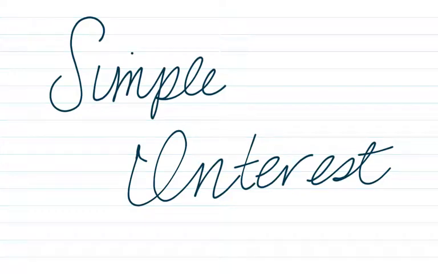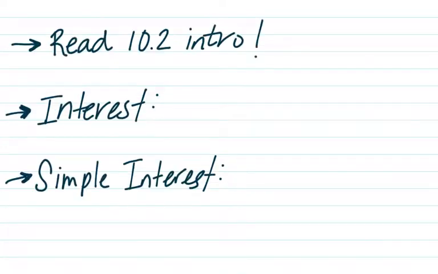In this video, we're going to look at simple interest. It corresponds with section 10.2 in our current book. First thing I want to say is that I highly recommend that you read the intro to 10.2. It gets into some of the nitty-gritty points about consumer math and personal loans and simple interest. And it talks about things like credit and principal on the loan and security and cosigners and personal notes. So I would highly recommend that you take a few minutes just to read those first few paragraphs of